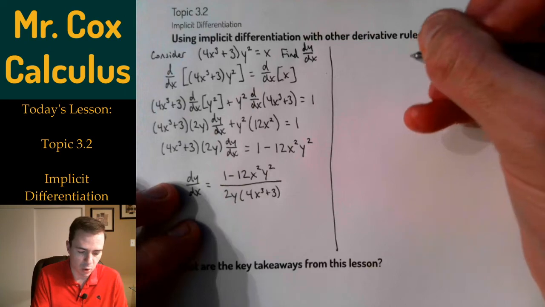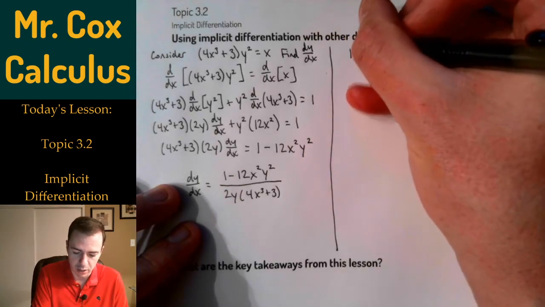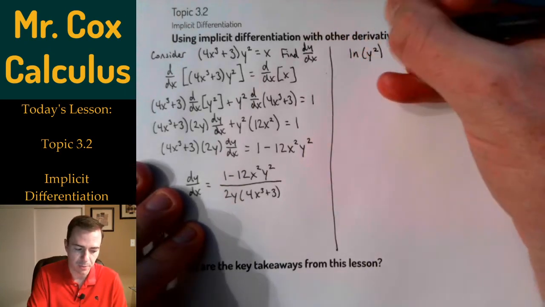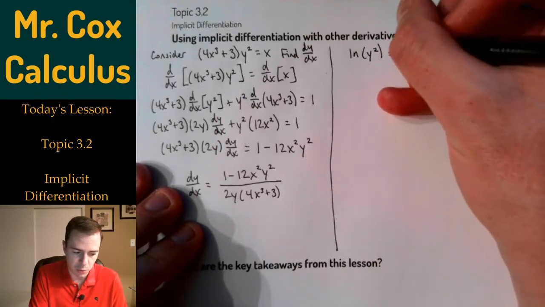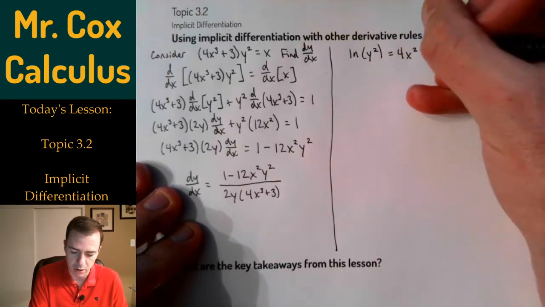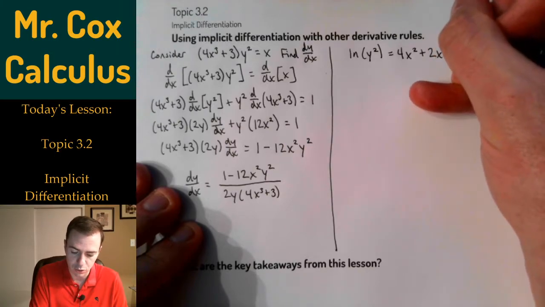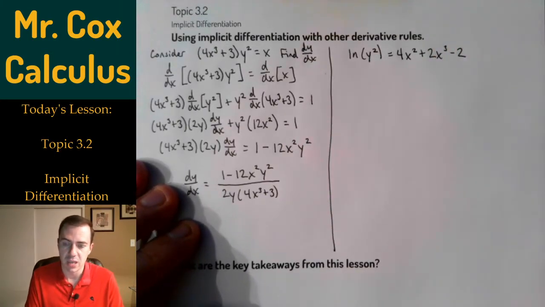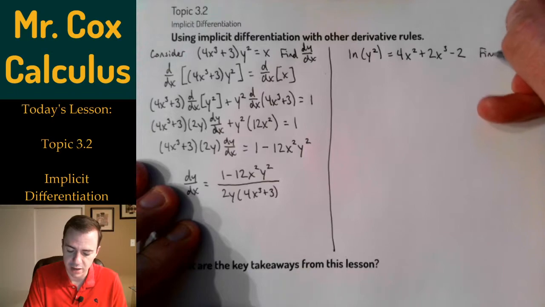All right, let's take a look at one more. Let's take a look at the natural log of y squared, and we're going to say that that equals 4x squared plus 2x cubed minus 2. And again, I want to find dy